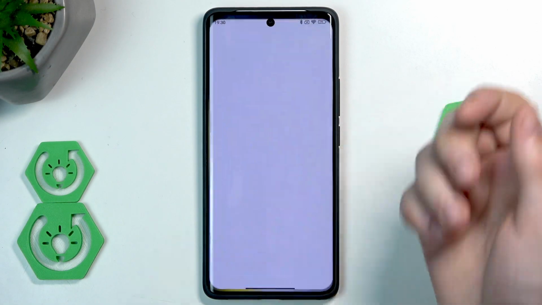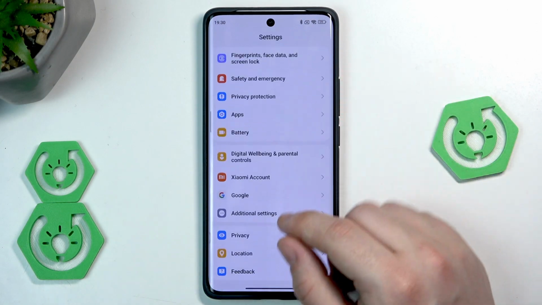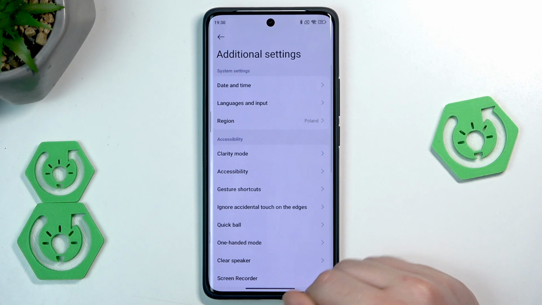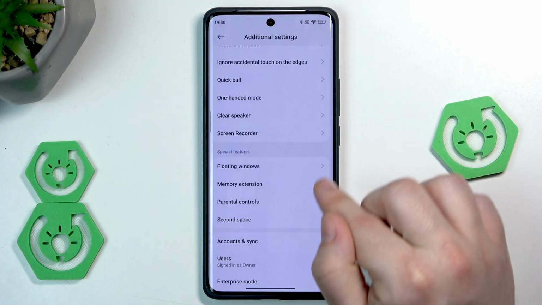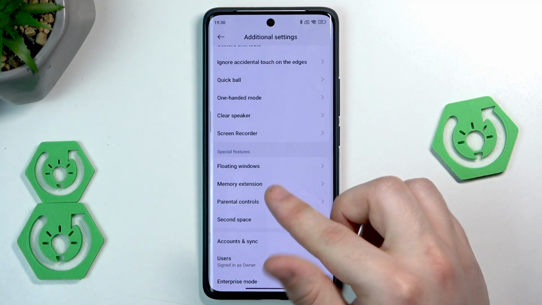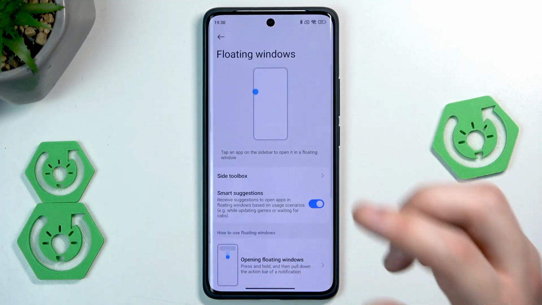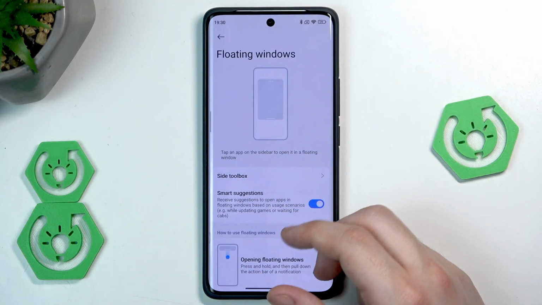Okay, first let's launch our settings. Now scroll down all the way until you find additional settings. Scroll down once again, and in here we have the special features, and we are interested in floating windows. That's the thing that boosts our productivity